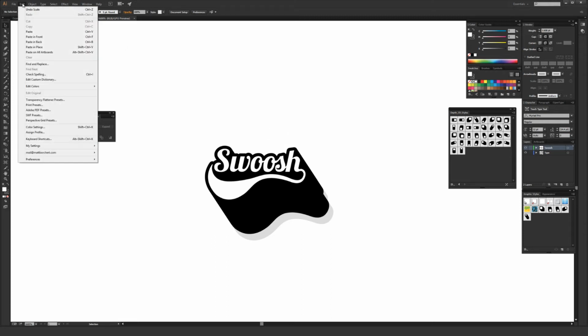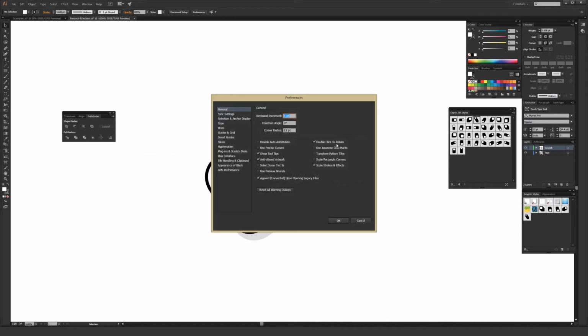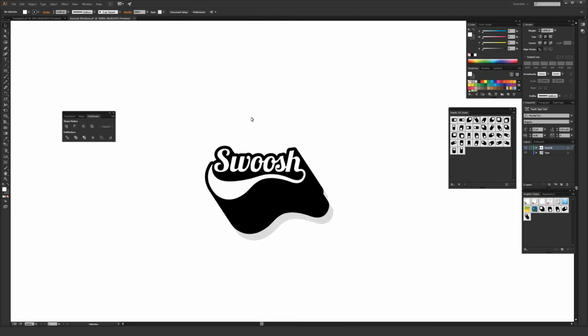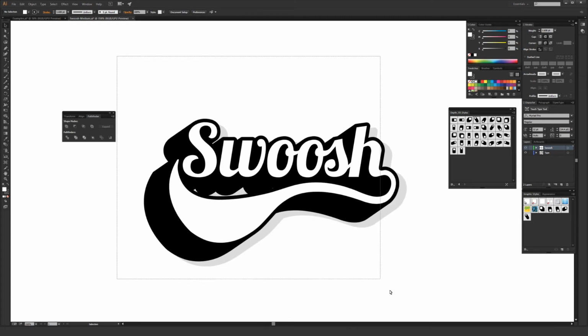And that's either under Edit, Preferences on a PC, or Illustrator Preferences on a Mac, General, and then Scale, Strokes, and Effects. Just make sure this little checkbox is checked. It might save you some headaches in the future. But now I'm going to go back up to this one right here, and I'll go over a few more